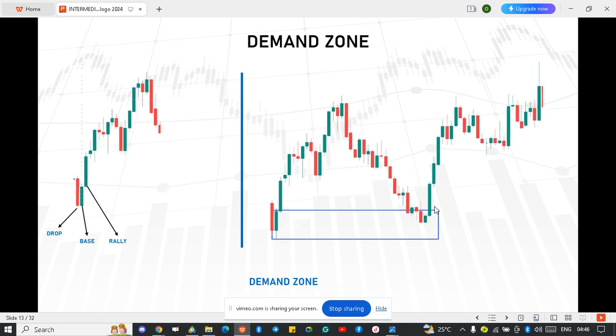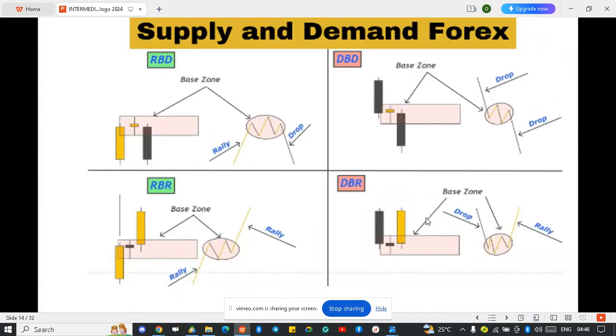return back into the zone. Once it returns back into that zone where we've marked, we want to buy it. Now a lot of the time people do not usually talk about the continuation, that means this one and these two. People usually don't talk about the continuation supply or the continuation demand because they are not as strong